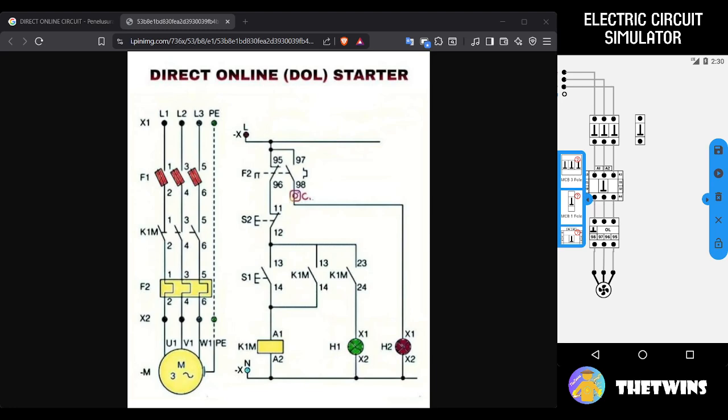Push button NC S2. Long press and drag to here. Next S1 is push button NO. Okay, on here. Q1M is the same like this, and then lamp indicators H1 and H2.